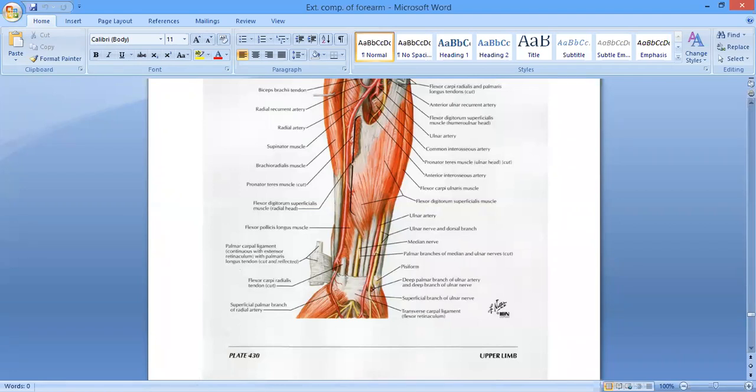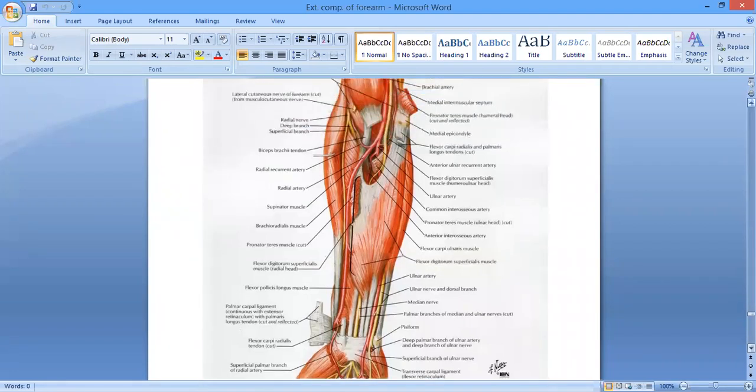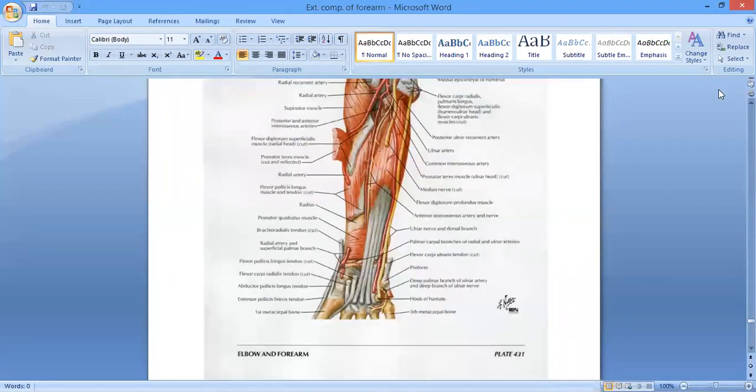As far as the artery is concerned, the arteries of the posterior compartment, the posterior interosseous artery, which is again the small terminal branch of the common interosseous. You see, the common interosseous artery, which is a branch of the ulnar artery. This is an ulnar artery, और ये से आपकी common interosseous artery आ रही है, right? The common interosseous artery is a small trunk, I told you before, 0.5 centimeter. As soon as it arises, it is going to divide into two branches, the anterior interosseous artery and the posterior interosseous artery.